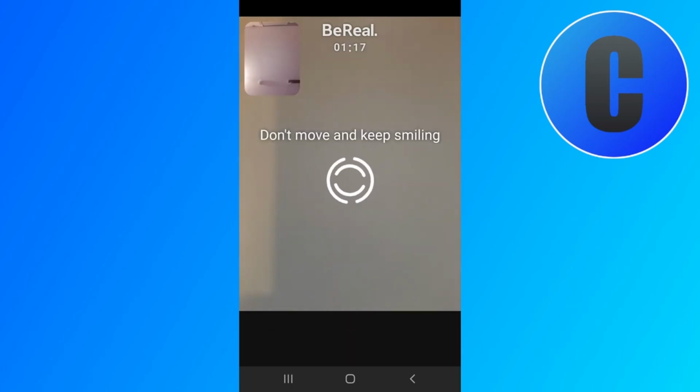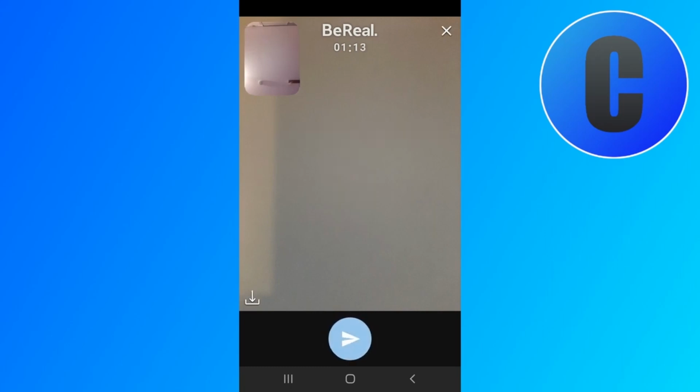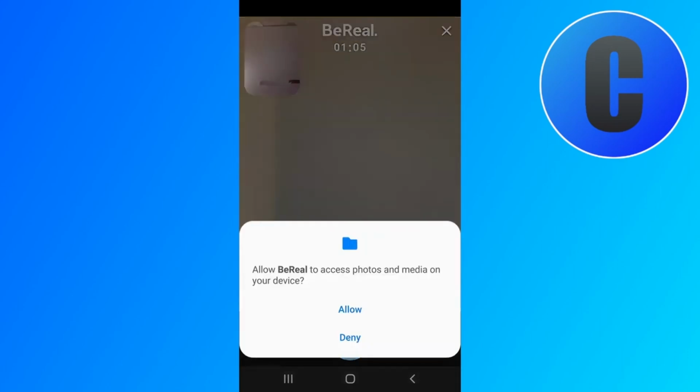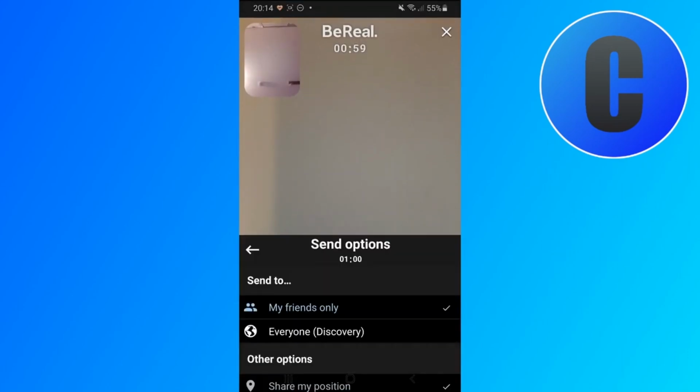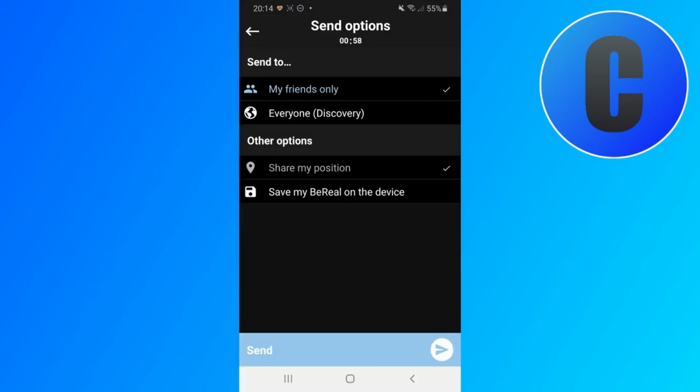Okay, so now let me show you how to actually take the photo. Just click it, and it'll take a photo with your main camera first, and then the second camera a few seconds after. You can see it's taken 2 photos, and now I can click there to save the photo to my gallery, or I can click to send it, and then I can choose who to send it to. My friends only is the first option, that's always enabled, and the other option is everyone, so send it to discovery,